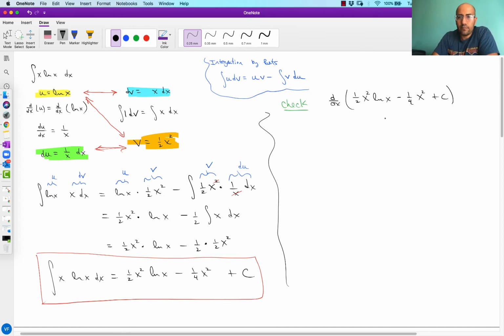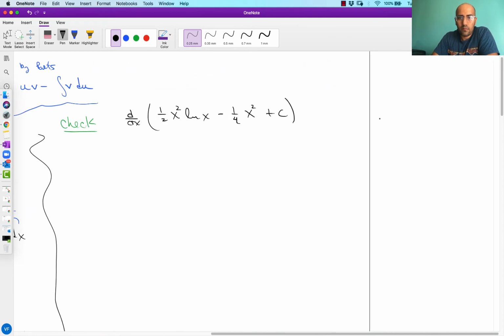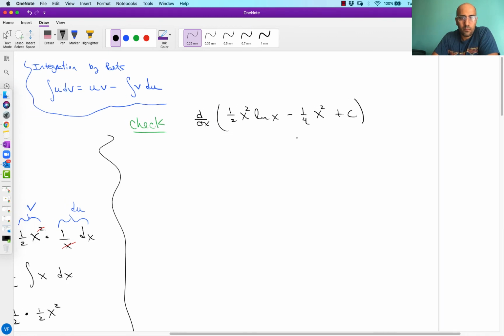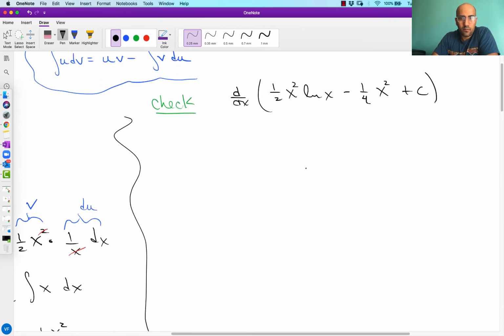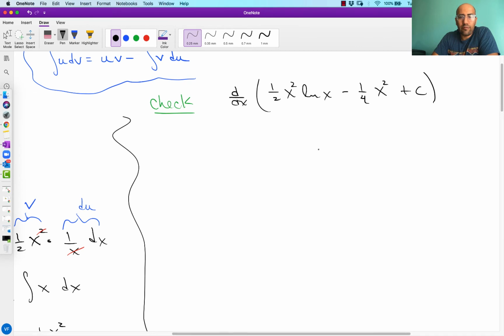Okay, let me zoom in here. Is it true that the derivative of all this simplifies to just x ln x? All right, so for this first term, we're going to have a product rule. So this is equal to d/dx of the 1/2 x squared ln x minus d/dx of,